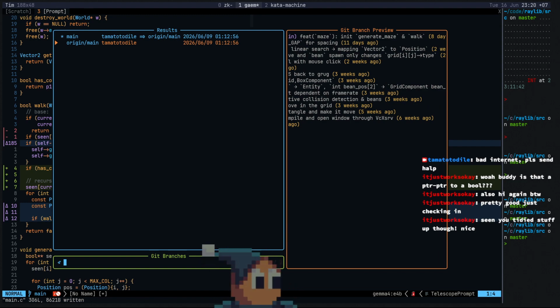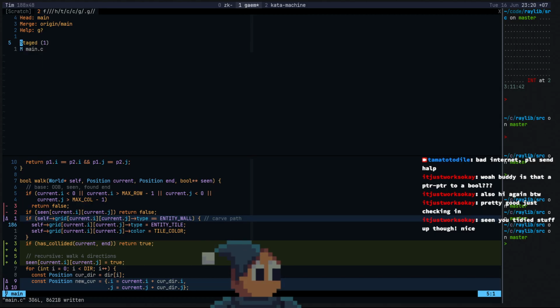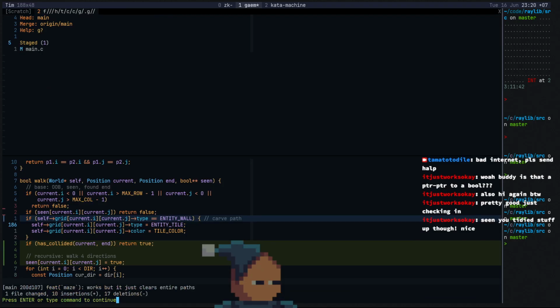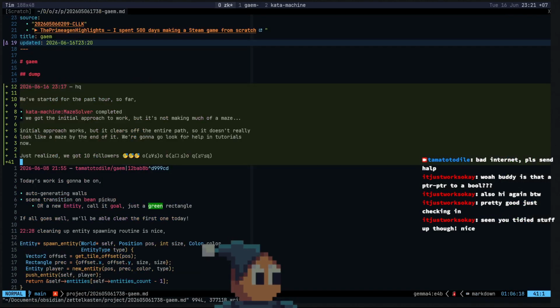Need maze generate. Oh, let's see. I want to have a browser.